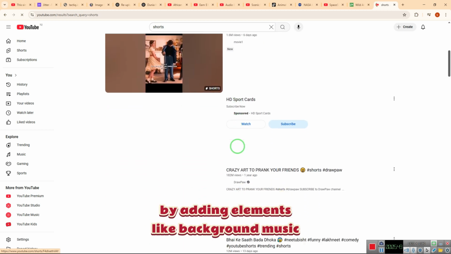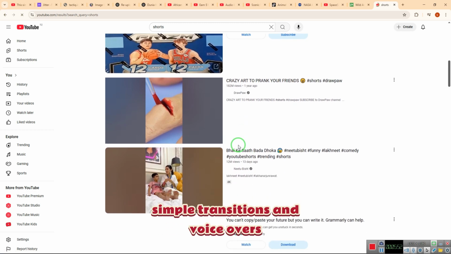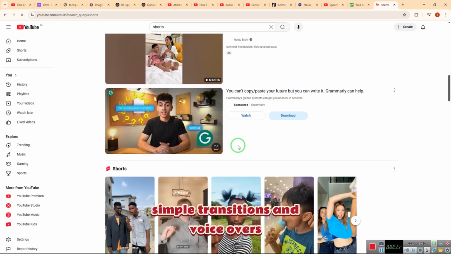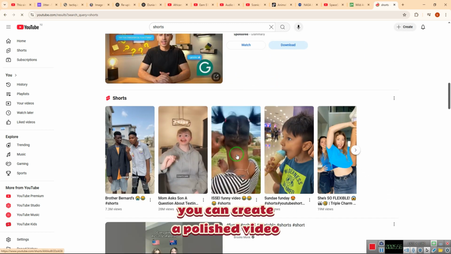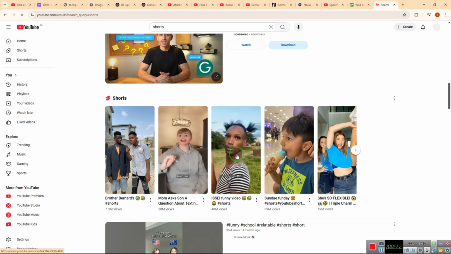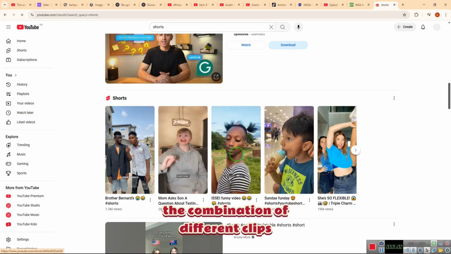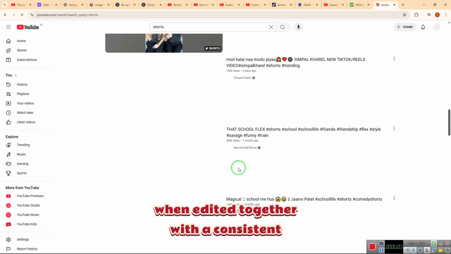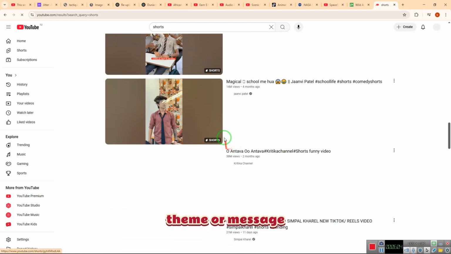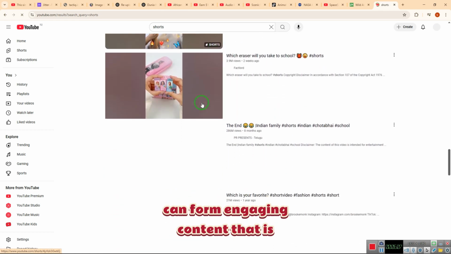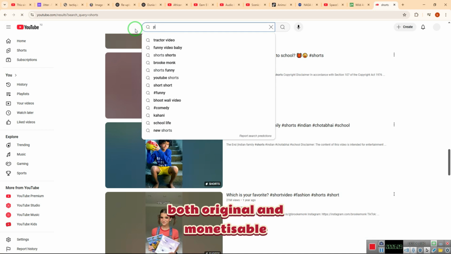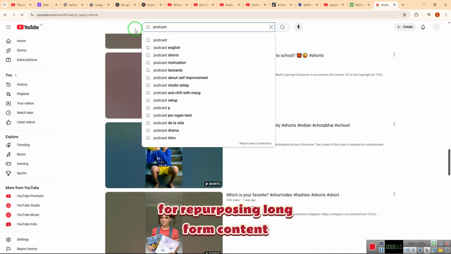By adding elements like background music, simple transitions, and voiceovers, you can create a polished video that avoids copyright issues. The combination of different clips, when edited together with a consistent theme or message, can form engaging content that is both original and monetizable.